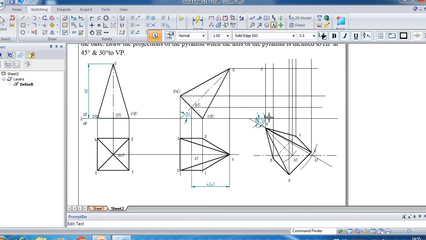The D is along this line, the D dash is on XY, so this point is going to be your new D dash. Likewise, A is here, so this is A dash. And C is on this fourth line, this is going to be your C dash. B dash and O1 dash.